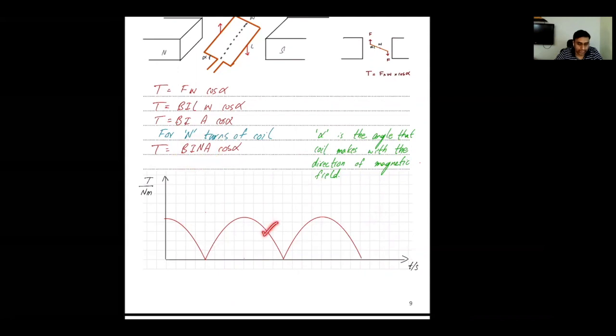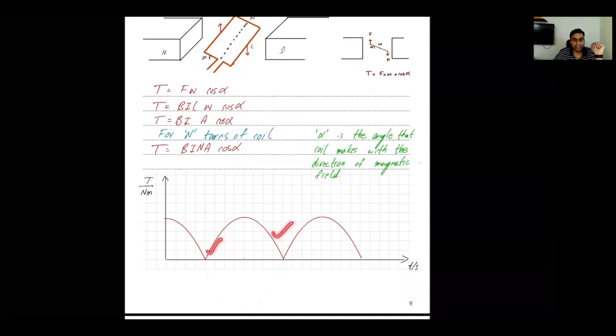And this modulus is being achieved by the split ring commutator. So you have to identify yourself that the direction of torque never became negative. The whole function of the split ring commutator was to make sure that it continues to rotate in the same direction. So if the torque is positive, it continues to stay positive, or it continues to stay anti-clockwise throughout the motion. And that is being achieved by the split ring commutator. So if you have to draw a torque graph, you wouldn't continue this on the negative side. You would just make it still on the positive side.